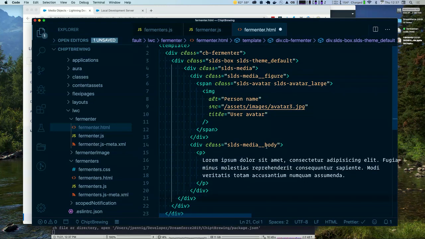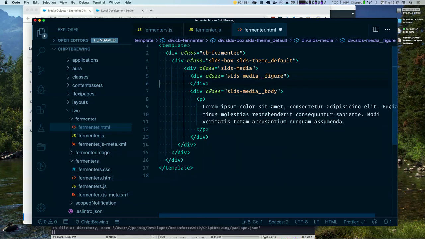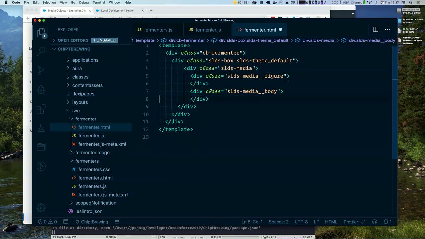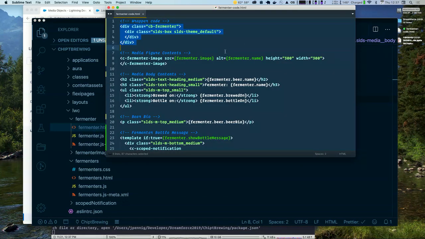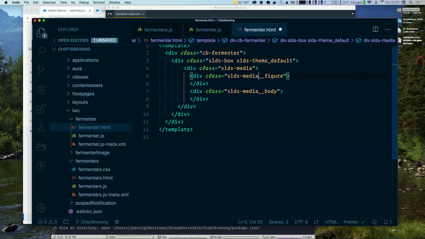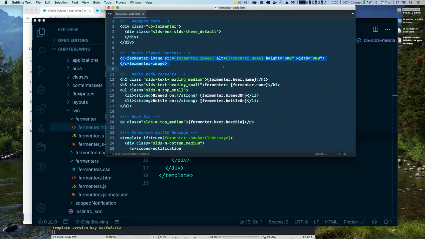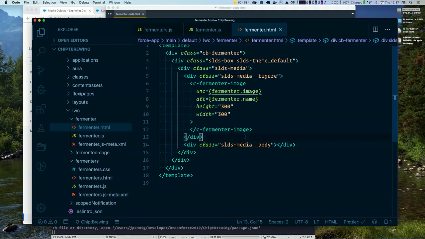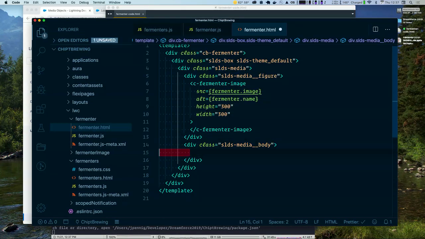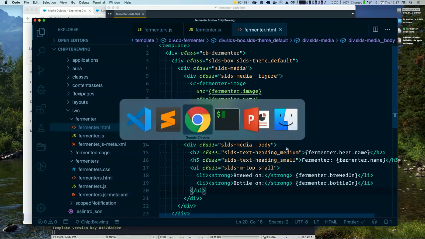I'm going to remove that demo element, and I'm going to remove everything inside the media figure, and I'm going to remove everything inside the media body, because that's what I actually want to populate with my content. So again, copy paste demo magic here inside the media figure. I'm going to put my image and save that. And that's why Prettier is so nice, because it just formats things for me. And then my media body. And I'm going to paste that in there,